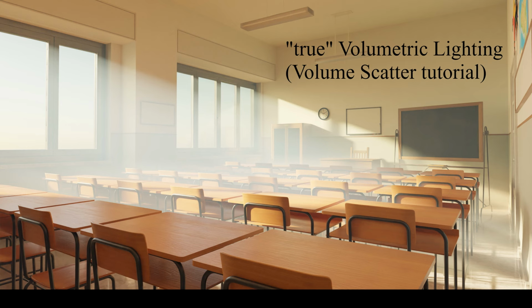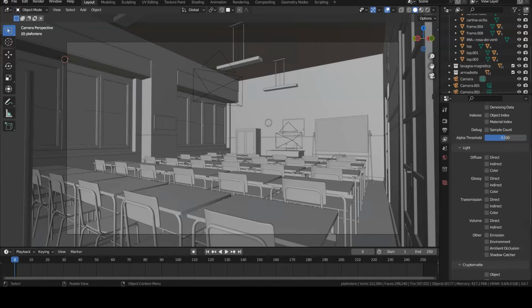If the scene I'm using in this tutorial seems familiar to you, maybe it's because I used it in a tutorial previously published on the channel, where I showed how to achieve a true volumetric lighting using the volume scatter node on the world output, but limited to the areas framed by the camera. That result was quite interesting, so why resort to compositing to try to reproduce it? The answer is very simple. Full volumetric lighting is computationally expensive and needs to be recalculated for each frame, so in some cases it's better to use a post-production effect.